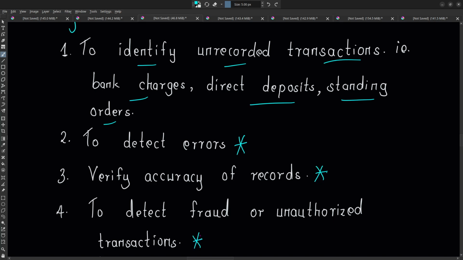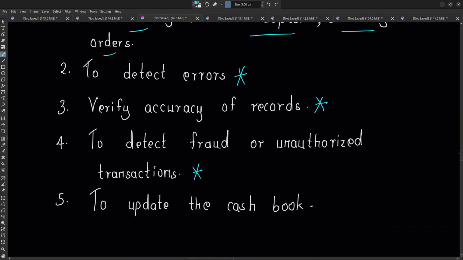That is actually the point that I've spoken about. Someone making those unauthorized transactions, you will be able to know as well. Okay. Then also to update the cash book, which you will understand, we need, when we look at the bank